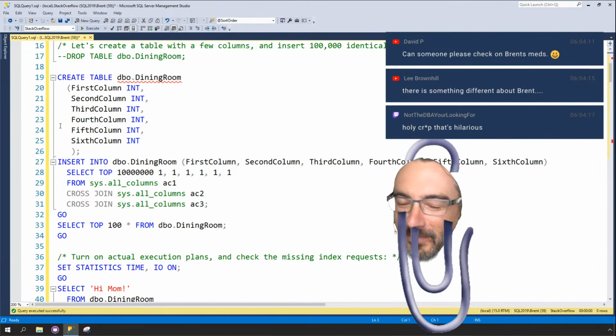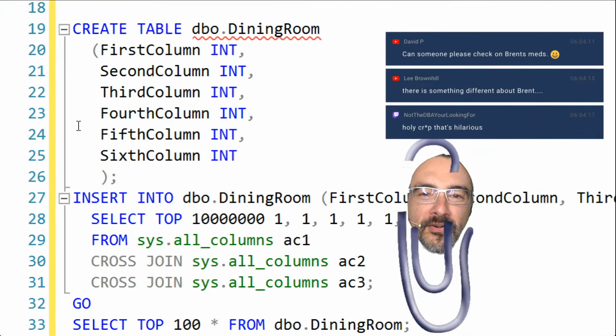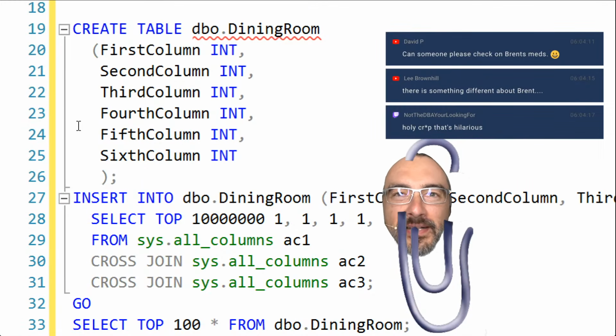It's unbelievable. So I'm going to go create a table, and we're going to call this table my dining room